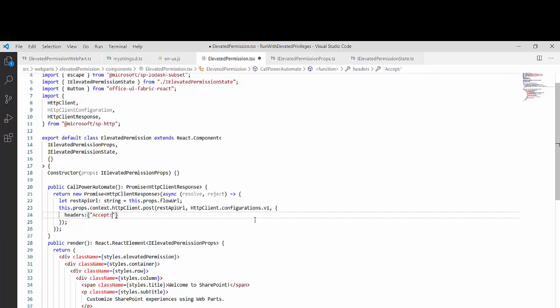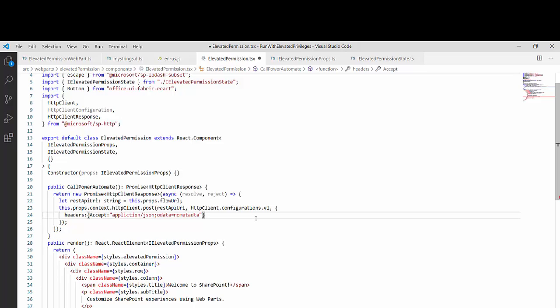Its value will be, okay, it will not come within the quotes, so it is accept: application/json, and I want to keep the payload minimal, so I will use odata=nometadata.